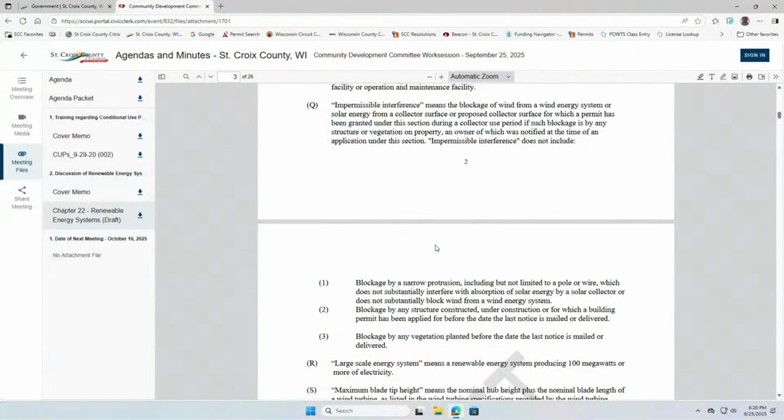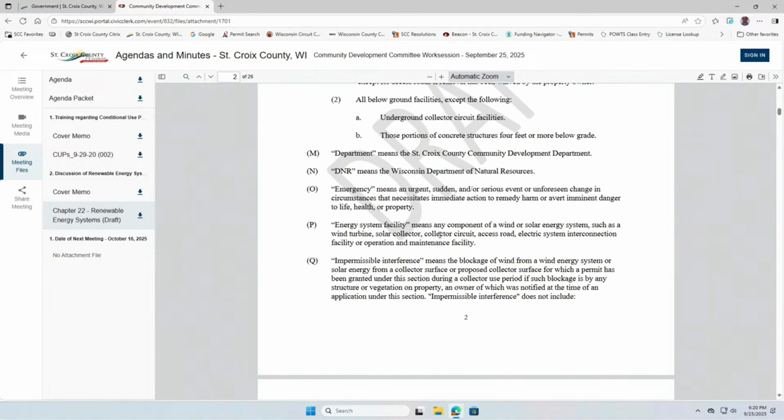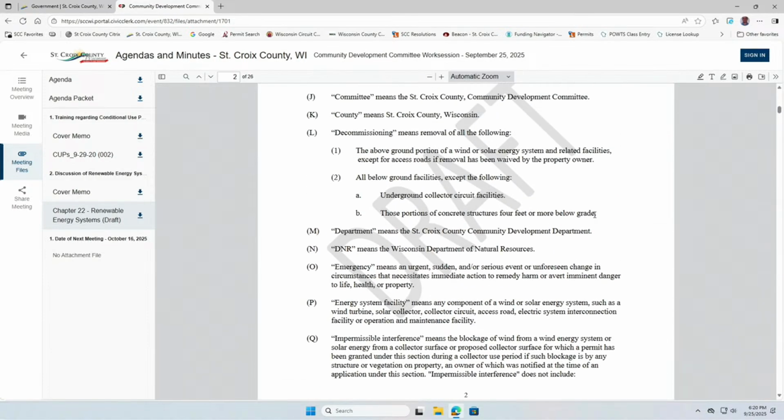Impermissible interference. We had some conversation about this at one of the committee meetings. Excuse me, Jason, can you roll back 4 feet or more below the grade? Yep. Why 4 feet? Is that typically the depth? I think the piers are actually in deeper than that normally. I don't know if it's because they're normally in ag fields and they're not tilling that deep. If the installation is a shorter one, they'd probably all be at least 4 feet, so if it was shorter, then they would be removing the whole thing. Okay, so in other words, the top 4 feet has to be clean. My head was getting stuck there.